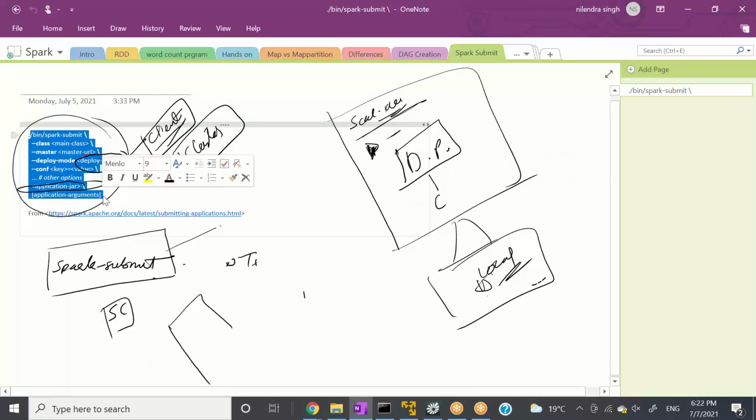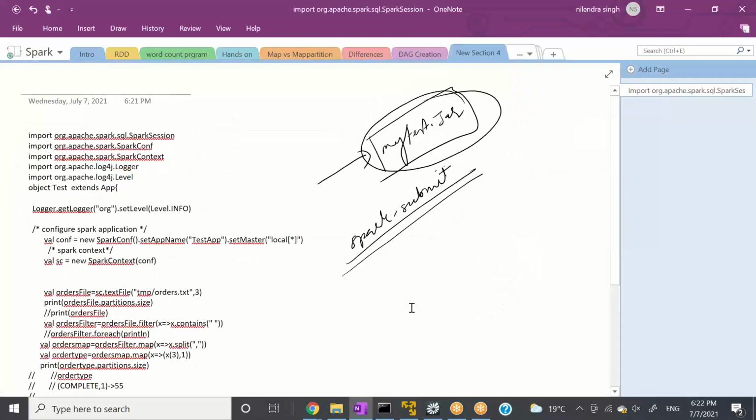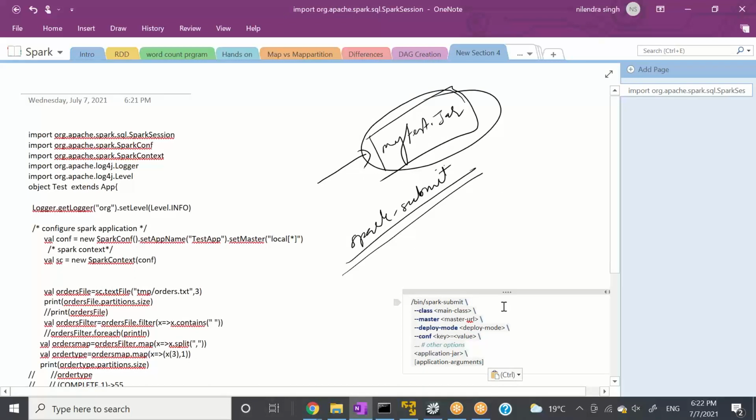So you need to write something like this. You say spark-submit, then the main class. What's the main class here? Our main class is test. So we'll write test here, right?